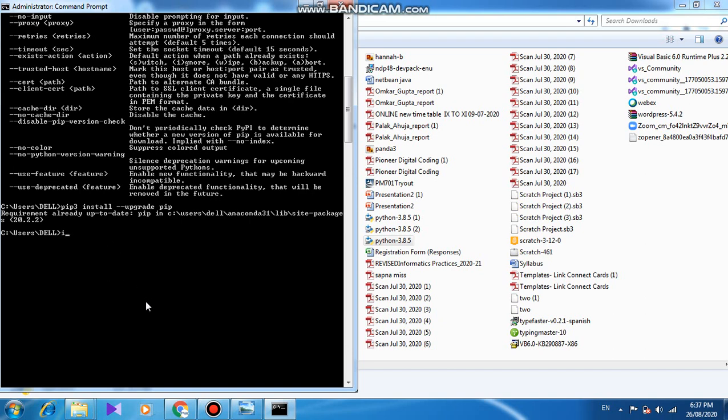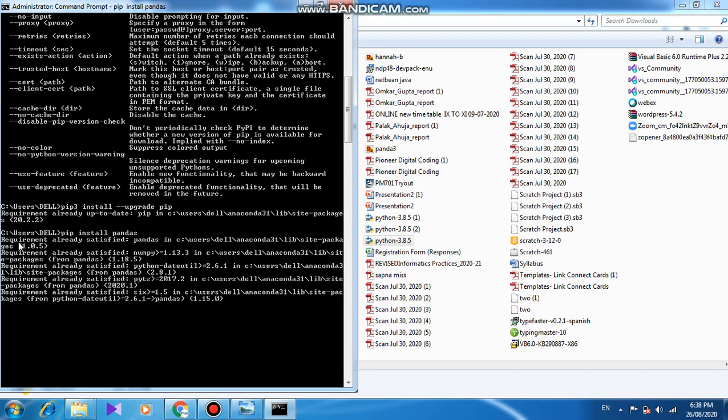How? Just type pip, because we are asking pip. Only the pip package will have to install. pip install pandas, right? Press enter. It will install pandas for you. Because I already have it, I got this message. If not, it will be installed quickly and you will be able to use your pandas. Want to see how we can use it? I can use pandas from here also, and I can go to my IDLE.